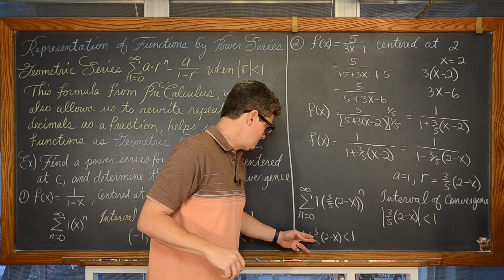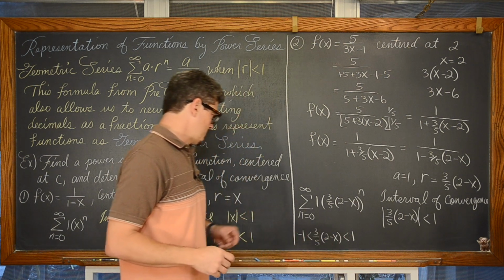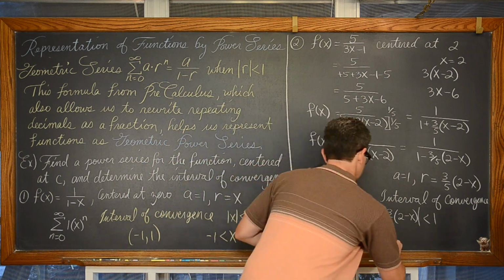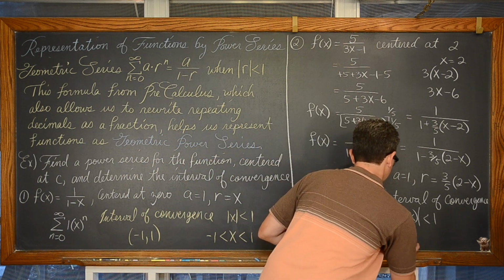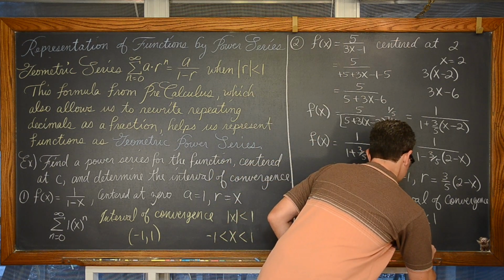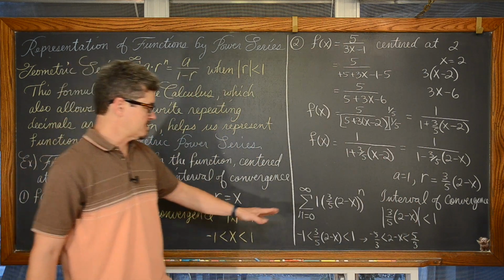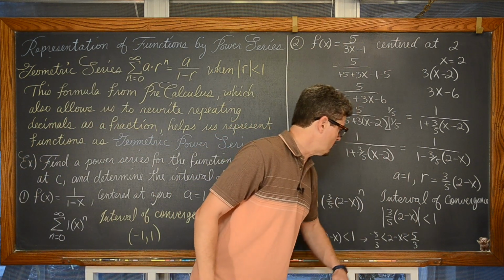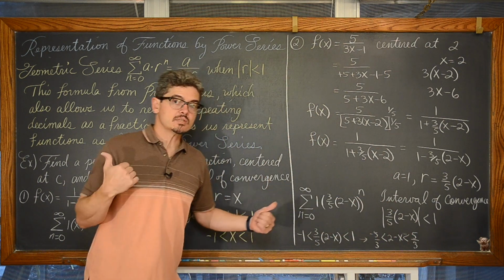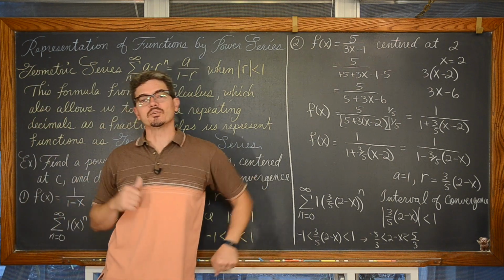Dividing both sides by 3/5, we have negative 5/3 is less than 2 minus x is less than 5/3. We're going to need to subtract both sides by 2 and then divide by negative 1. But I'm running out of room and I don't want to leave you some messy notes. Let me just step off, erase some of this, write this out neatly, and we'll move on to the third example.